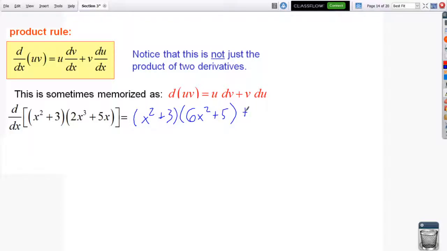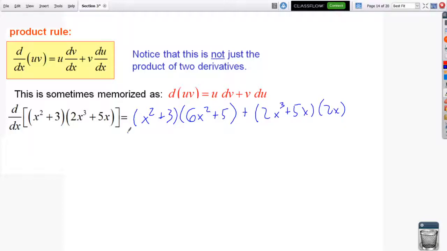We have left d right plus right, 2x cubed plus 5x, d left. D left here would be the derivative of x squared plus 3, so just times 2x. That is an acceptable answer. Of course, some of us don't like seeing all of this